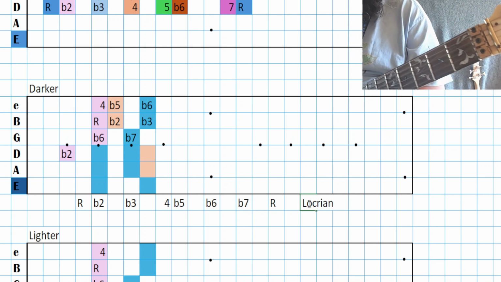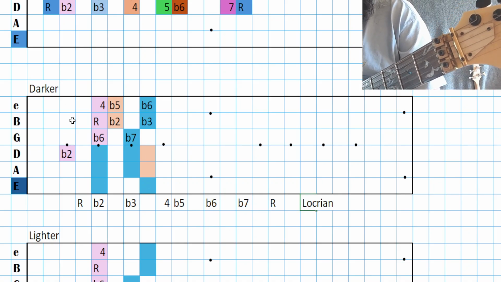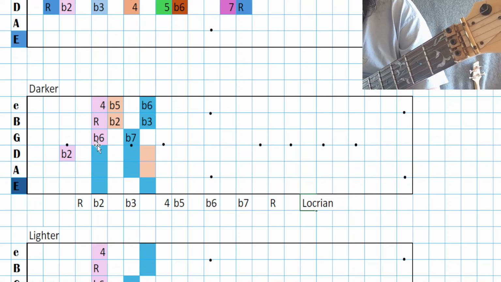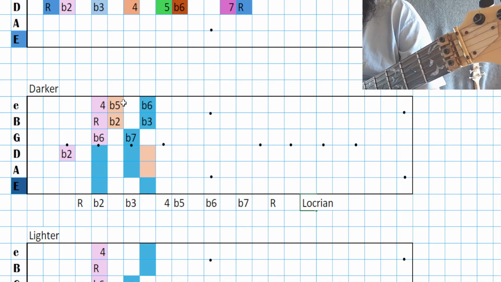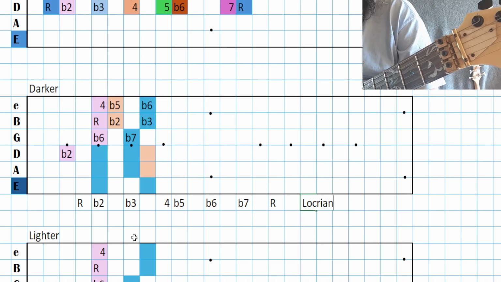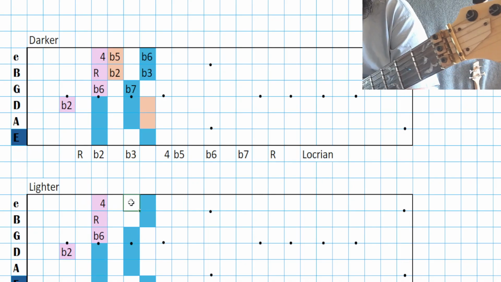It's actually the quickest way I could have got to that point here. So we get Locrian. Oh, okay. When do you use Locrian? Not very much, but there are sometimes I've been using it, and I use it more like an arpeggio. I don't play the whole scale when I play Locrian anyways, so will you ever use this? I don't know. But if we take this and put our lighter scale in there, we actually change to